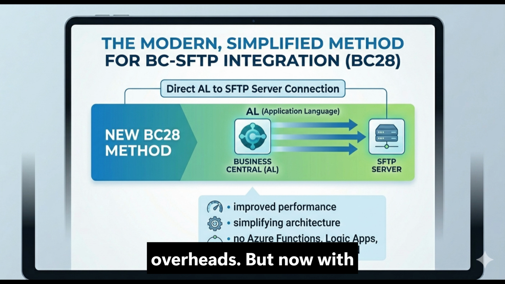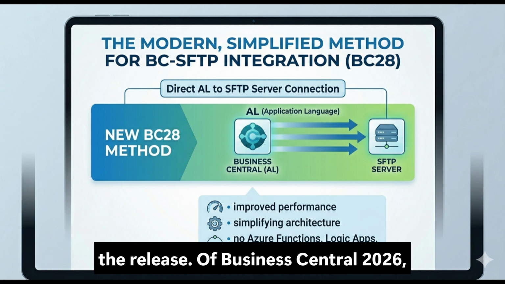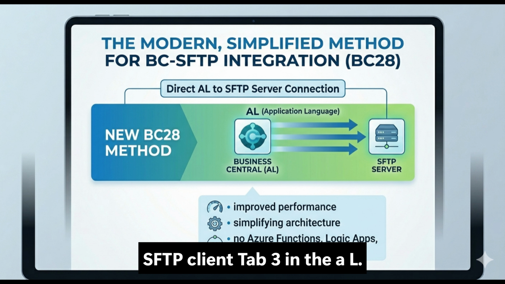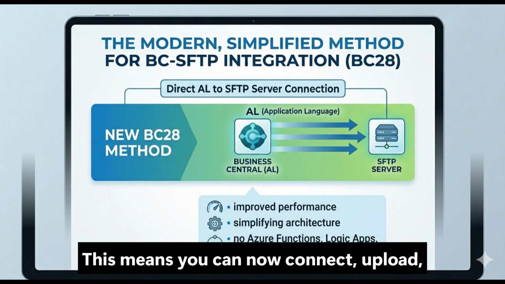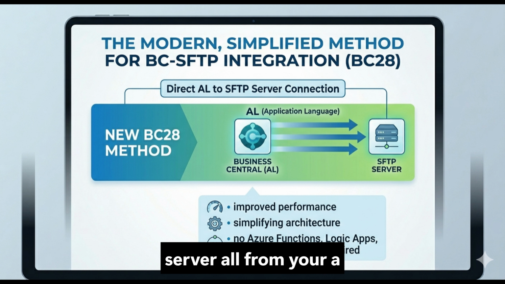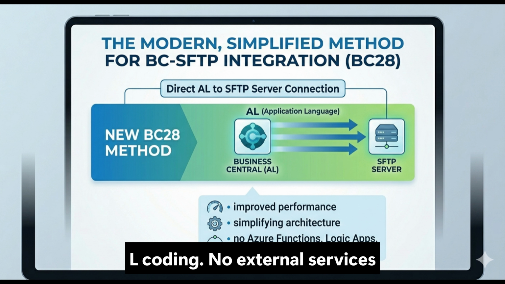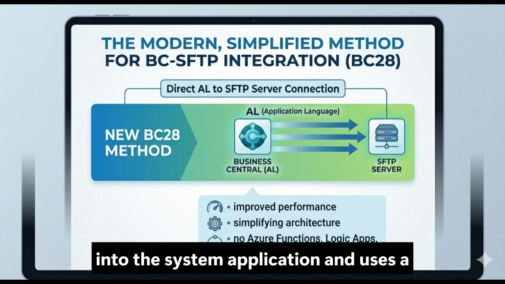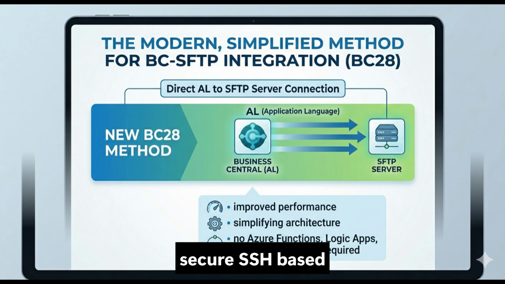But now, with the release of Business Central 2026, Microsoft has introduced a native SFTP client directly in the AL. This means you can now connect, upload, download, and manage the files on the SFTP server all from your AL code. No external services required. This feature is inbuilt into the system application and uses a secure SSH-based